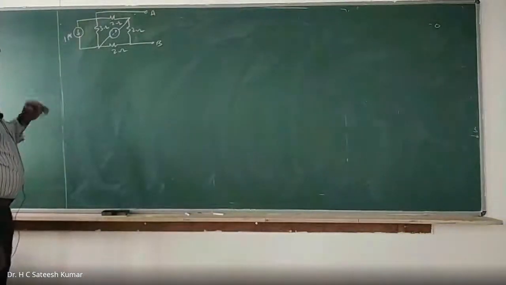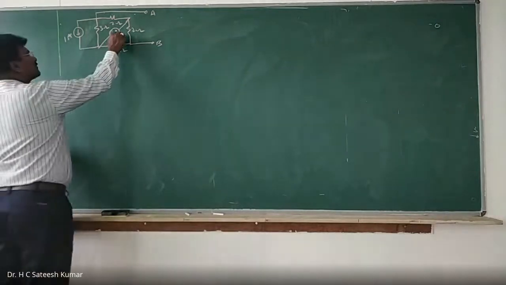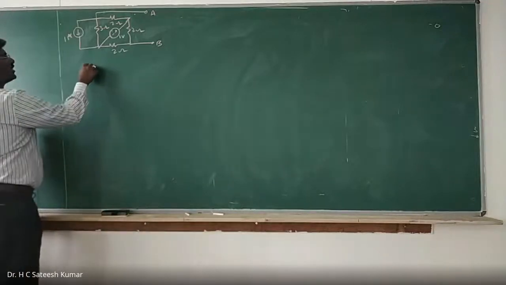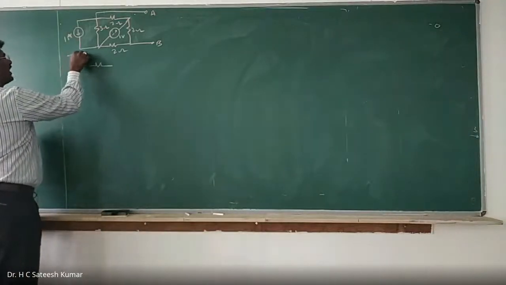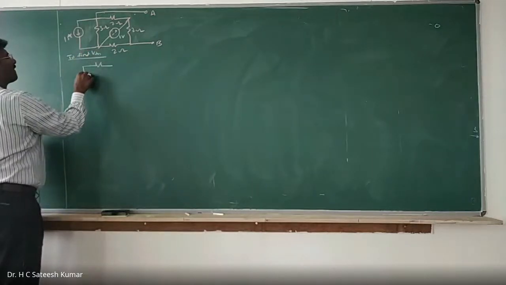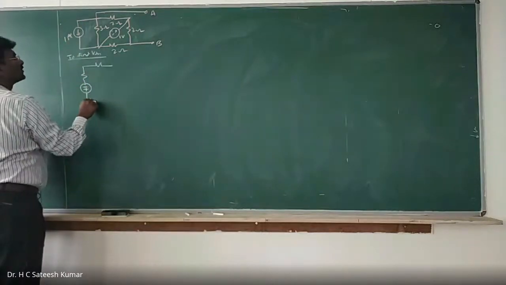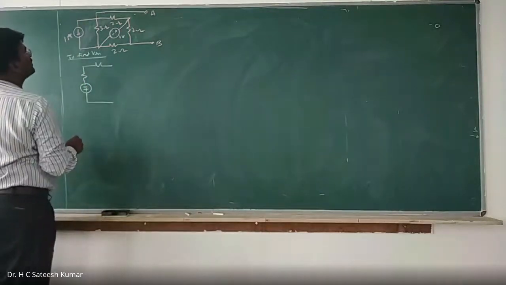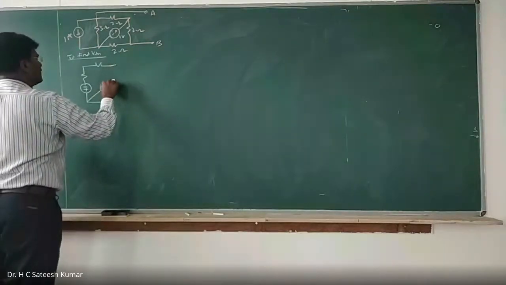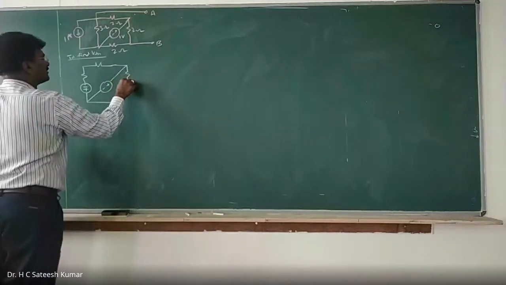Now, how to find out this? This voltage source value is 1 volt. This current source in parallel with the resistance can be converted into a voltage source. First step is to find VTH. Minus plus, because the arrow mark is downwards. Okay, right? And there is a voltage source here, minus plus, and this resistance.